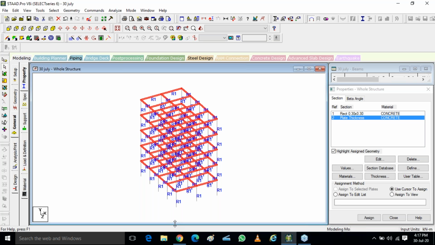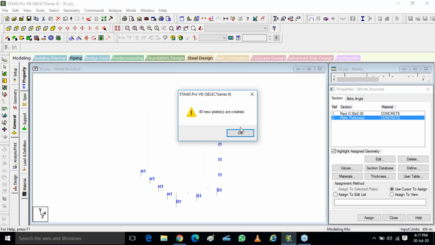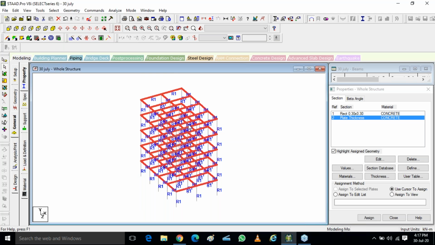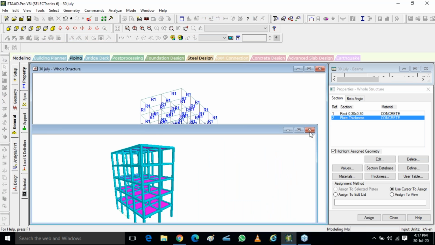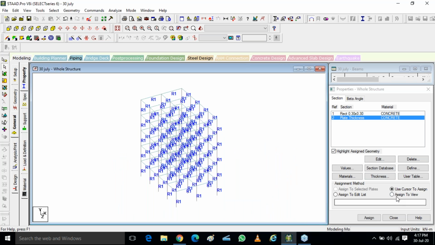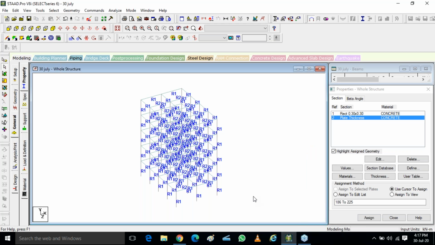After selecting all the beams, there is one command which is called infill plates. Fill floor grids with plates, or in geometry, create infill plates. Both are the same. I'll just click on that. Automatically taking the enclosed beam circuits, it will automatically put plates. Okay. Now on the basis of that, I will give thickness to my view. Now this is the self weight of a building, which will be included in dead load.